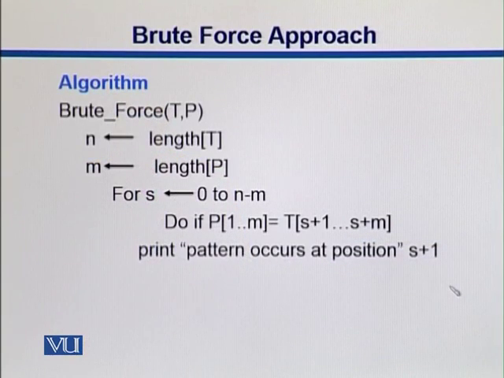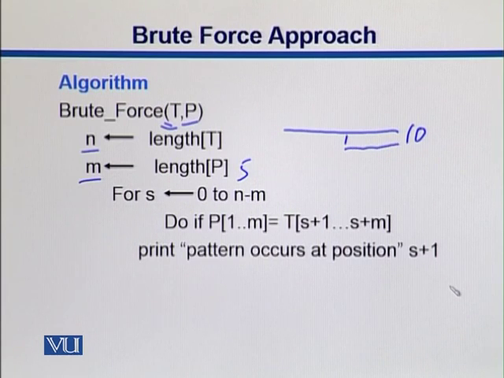So here is our algorithm. We have a function brute force with 2 arguments, t, which is our text, and p, which is the pattern. n records the length of t, and m records the length of p, and we start with a for loop that goes from 0 to n minus m. For example, n is of length 10, and p is of length 5. So it will go up till here,